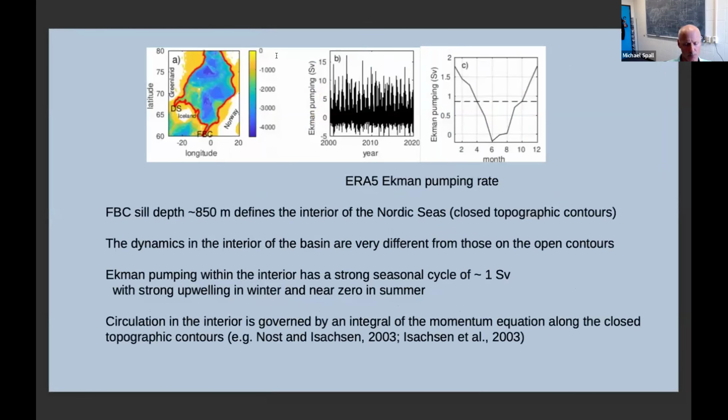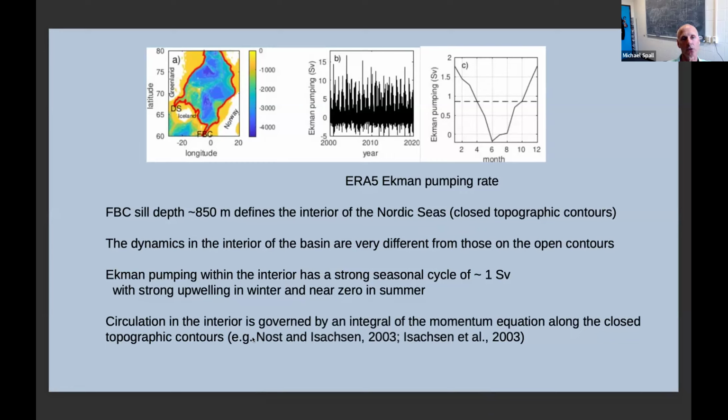Okay, so we just heard about circulations within closed topographic contours. So for the Nordic seas, that's about 850 meters depth. That's the sill depth in the Faroe Bank Channel. That contour is outlined here. So I'm going to treat the interior dynamics differently from the dynamics on these contours that do not close within the Nordic seas. So first, in the interior, if I integrate the Ekman pumping within that 850 meter contour, I